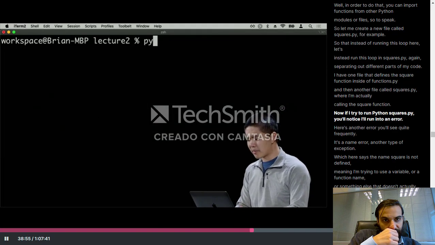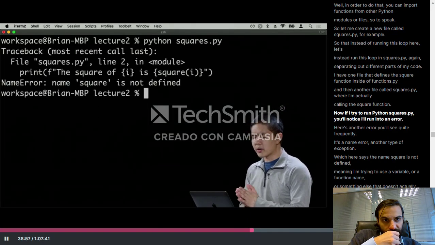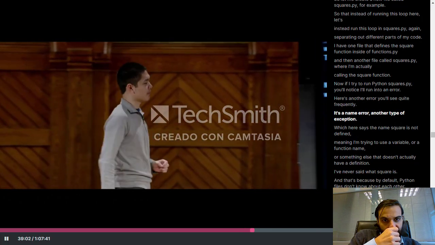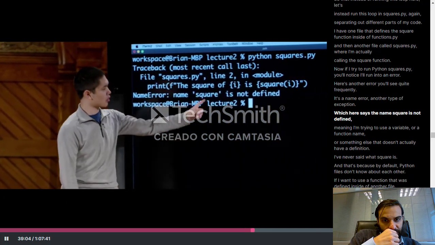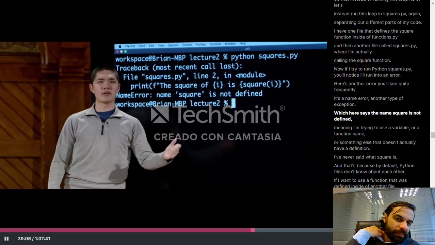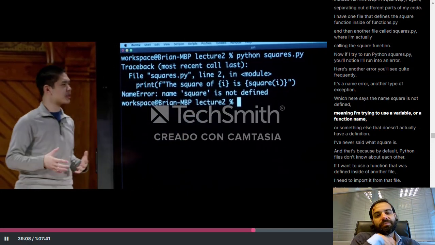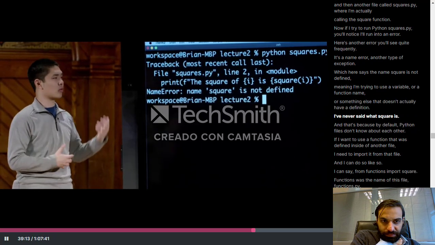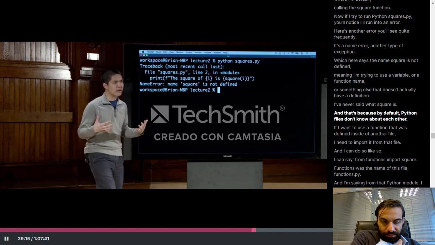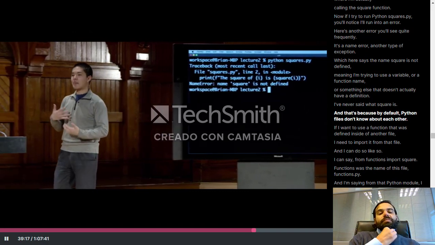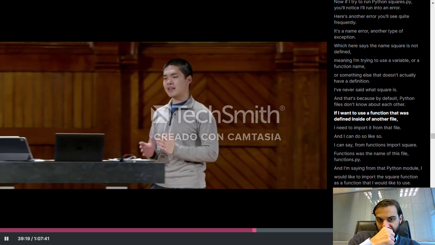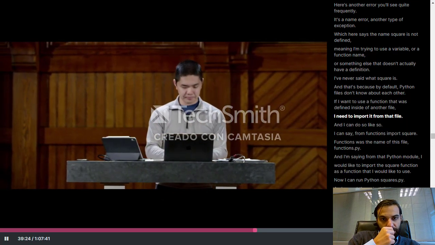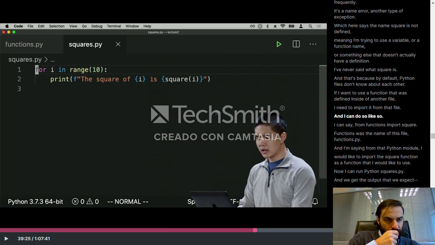Now if I try to run python squares.py, you'll notice I'll run into an error. Here's another error you'll see quite frequently. It's a name error, another type of exception, which here says the name square is not defined, meaning I'm trying to use a variable or a function name or something else that doesn't actually have a definition. I've never said what square is. And that's because by default, Python files don't know about each other. If I want to use a function that was defined inside of another file, I need to import it from that file. And I can do so